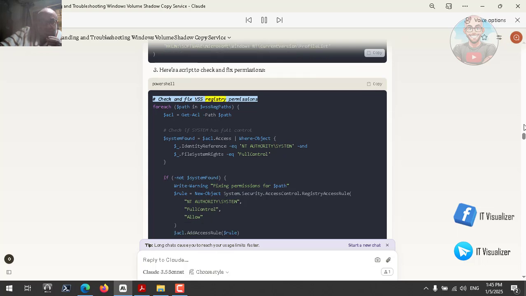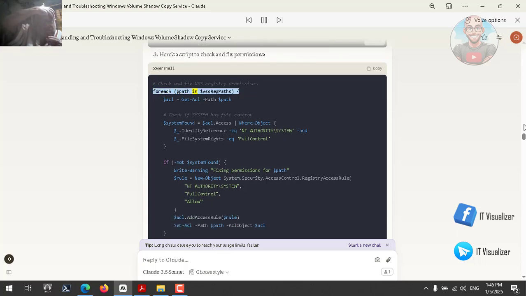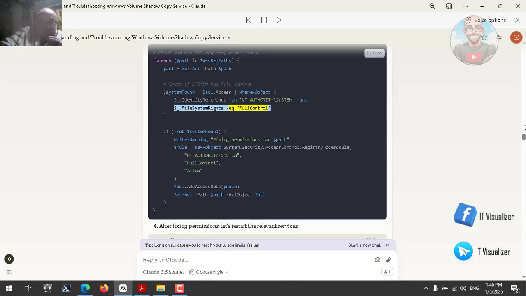# Check and fix VSS registry permissions for each $path in $VSSRegPaths. $ACL = Get-Acl -Path $path. # Check if SYSTEM has full control. $systemFound = $ACL.Access | Where-Object { $_.IdentityReference -eq "NT AUTHORITY\SYSTEM" -and $_.FileSystemRights -eq "FullControl" }. If not $systemFound,